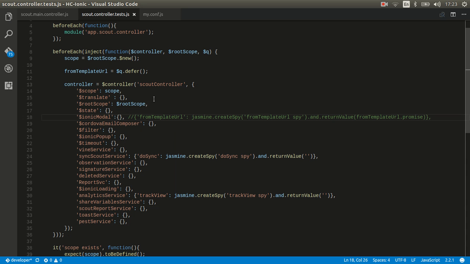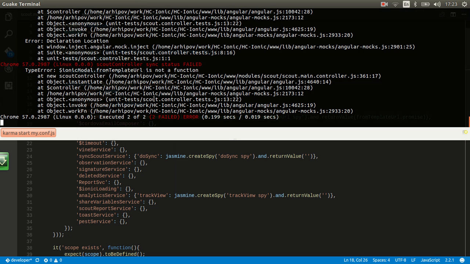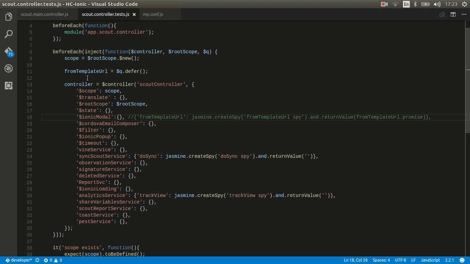But in this case, we have an error. You see, from template is not a function from Ionic model. It means that we have to declare a from template function. Here we do it, and